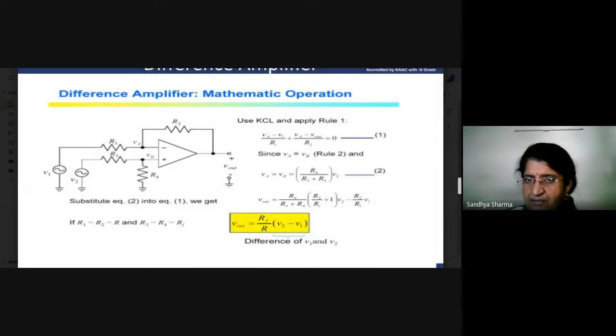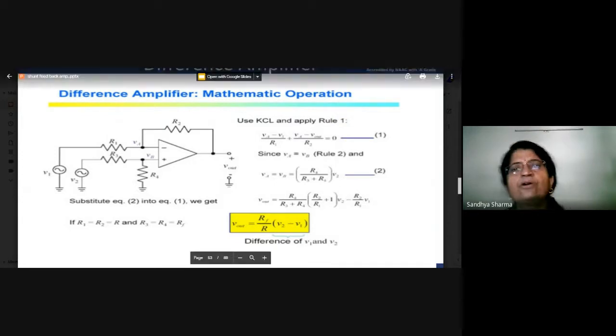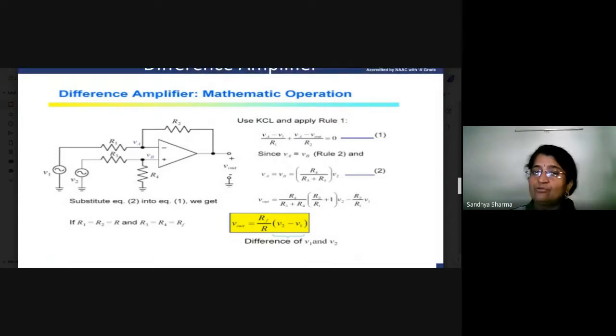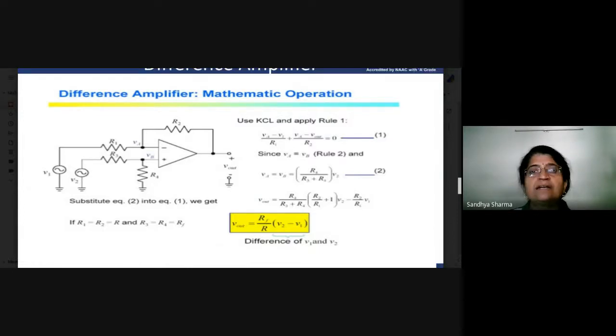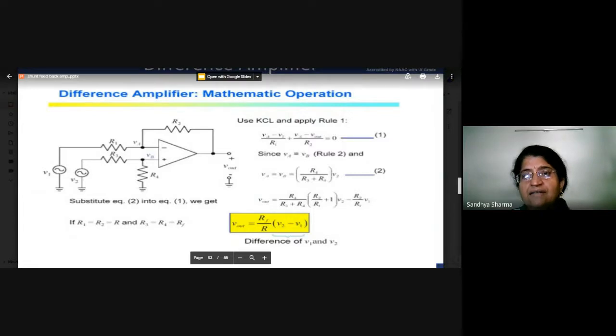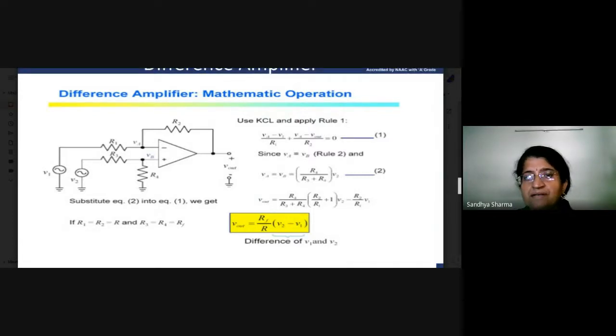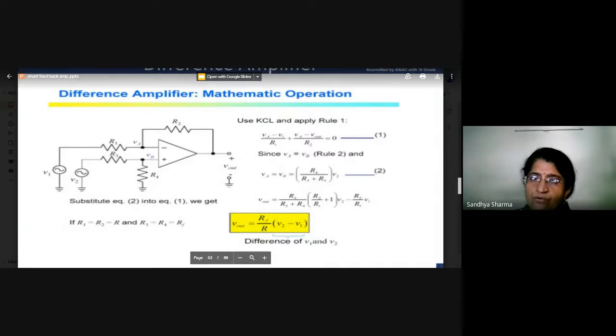In both the terminals, current will not enter. Why will current not enter? Because, as we have told you, the input resistance of our operational amplifier is very high. So no current will flow into this terminal, and the whole current will pass through this feedback resistance. So the incoming current is equal to this current, VA minus V0 upon R2. The summation of these two currents is equal to 0.